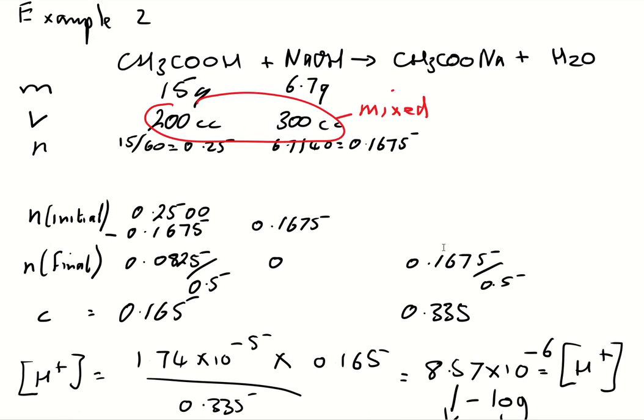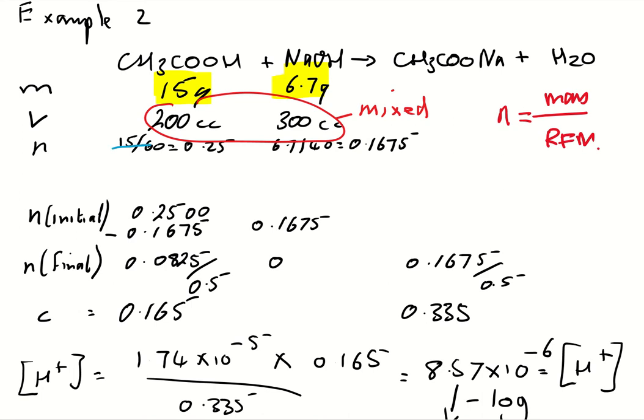Okay, so again, the only difference that I have here, and maybe you might want to pause the video and do this and check your answer against what I have here. That might be a good idea. Anyway, I'll talk you through this. If you're not confident enough to do them yourself, you can go and do some in your notes yourself. The only difference here is this time we've been giving you the mass of the acid and the alkali, so you're going to have to use number of moles equals mass over the RFM,